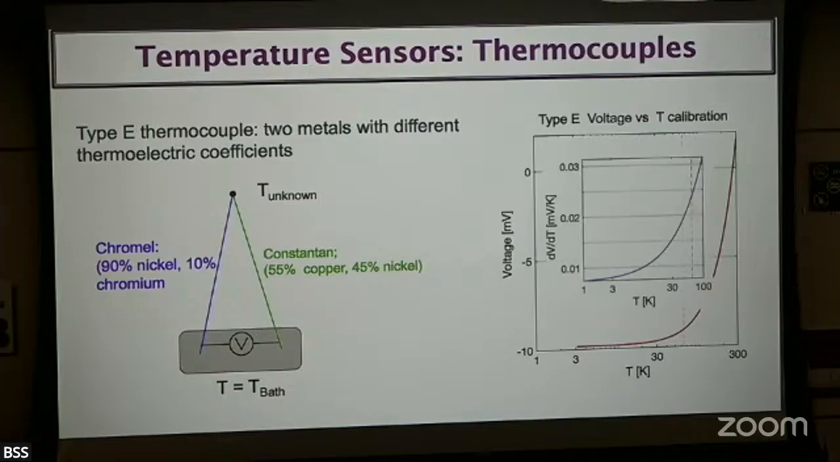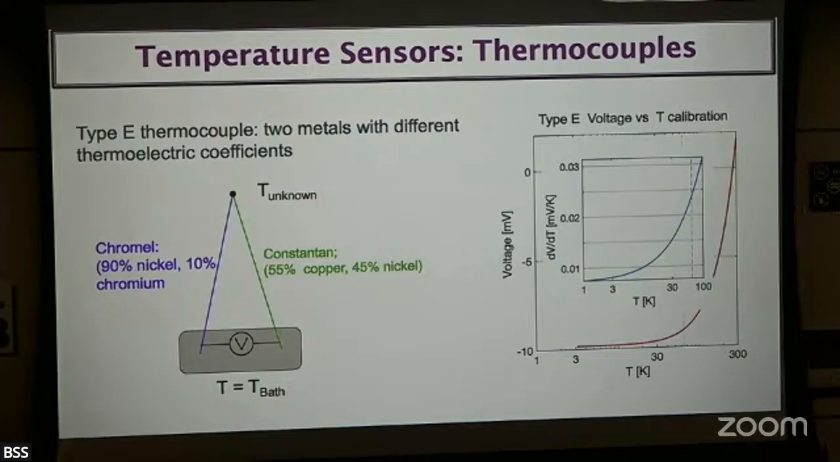So we actually want to know what's the dV/dT. When 1 Kelvin changes, how much does the voltage change? This is like sensitivity, and sensitivity is dropping. And then by the time you reach the... actually, this axis cannot be right. Anyway, sensitivity is getting small, and the lowest number is about 0.01 millivolt per Kelvin, which sounds a